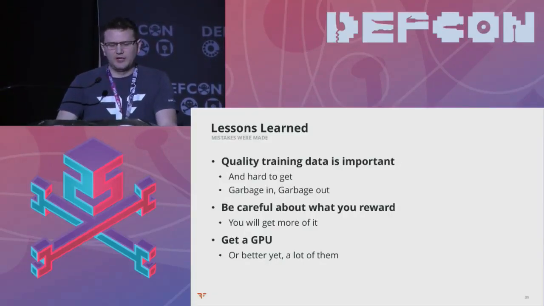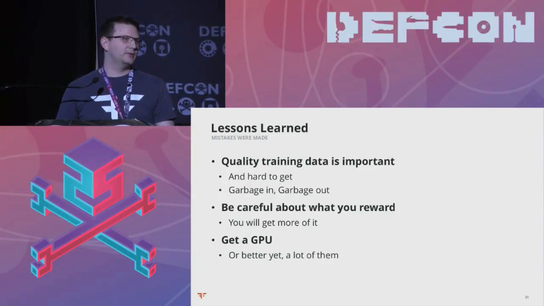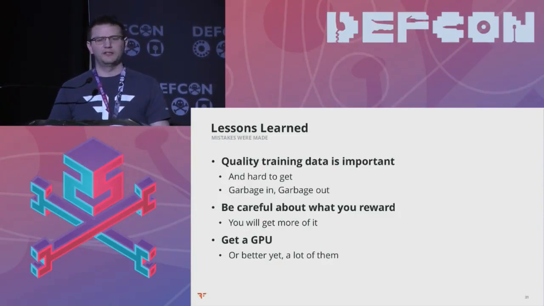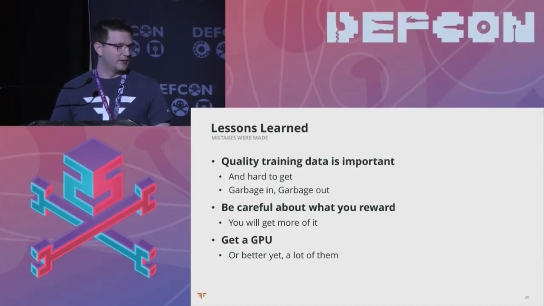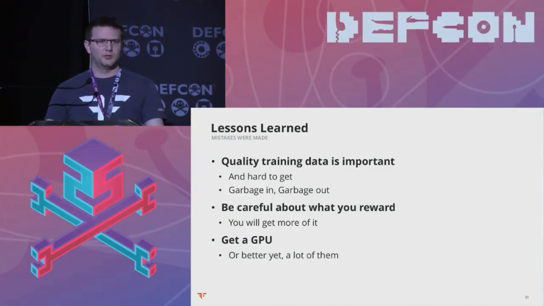So some lessons learned. It turns out that quality training data is really important. We originally had a couple of ideas about how we were going to gather training data. One of our first ideas was to just scrape the internet for SQL strings, and this actually works fairly well. You can just find open source projects on GitHub that have SQL structures, and a tool can look at that and learn what SQL is, what sort of structures it has, and what the kind of terms are. But what it doesn't have a whole lot of is injection strings specifically, so we can teach our bot to speak SQL, but it doesn't know how to inject.